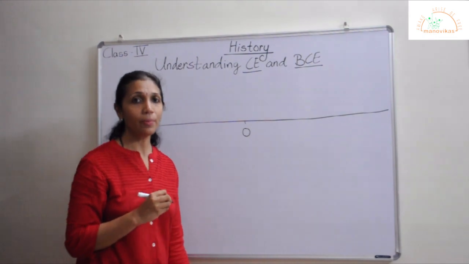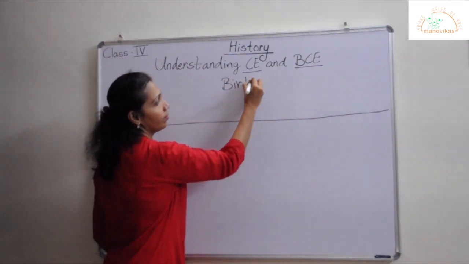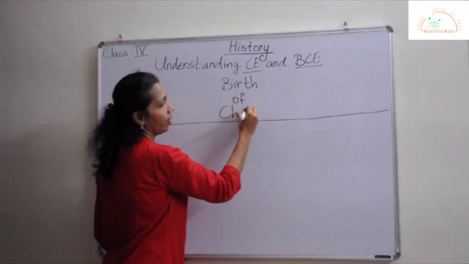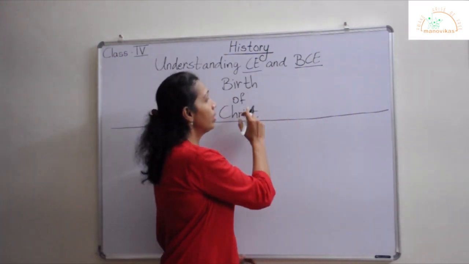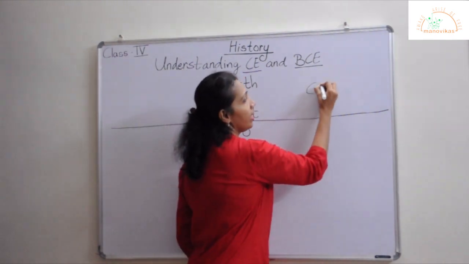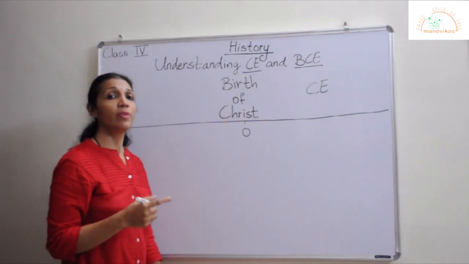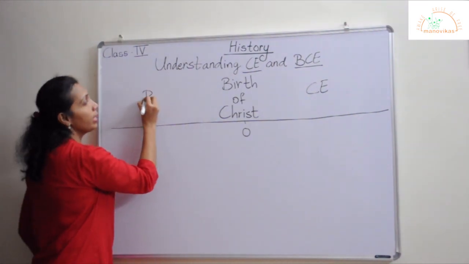The 0 represents the birth of Christ. The years after the birth of Christ are referred as CE, Christian era, and the years before the birth of Christ are referred as BCE,